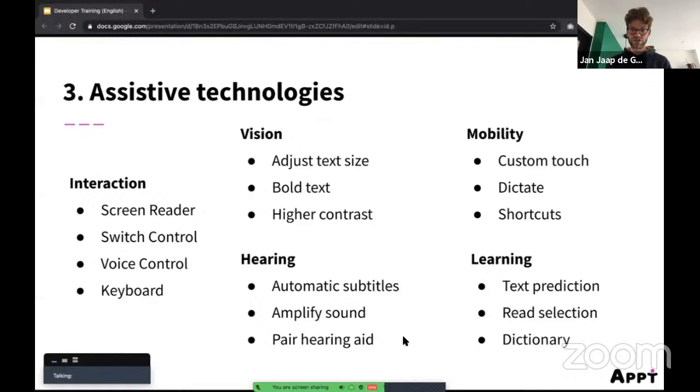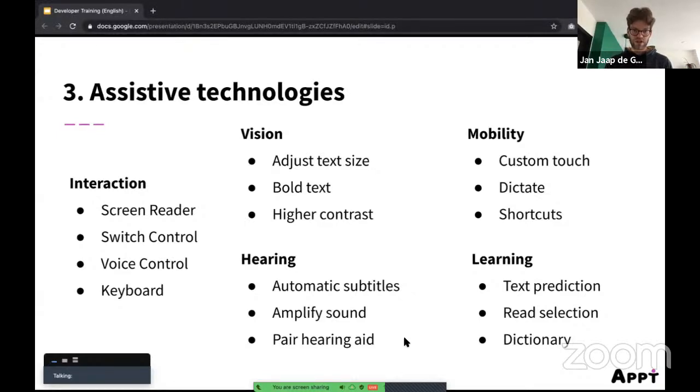But not only that, it also means that because it is built into the mobile phones, people are using them because it's really easy for them to just go to settings, accessibility, and just turn on some of these features. And if your app doesn't support this feature, then it means that users will not get the experience they expect.